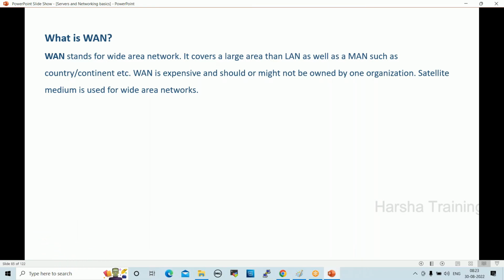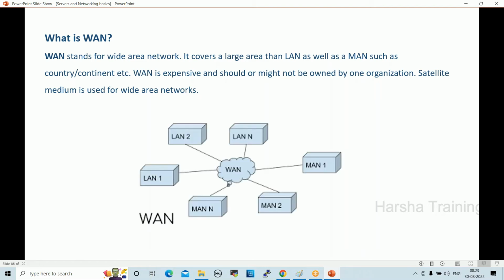That is why different organizations together take this service from a wide area network. In a wide area network they use satellite media, satellite communication, because it is country to country, continent to continent. See here, this is the combination of LAN, MAN, WAN.